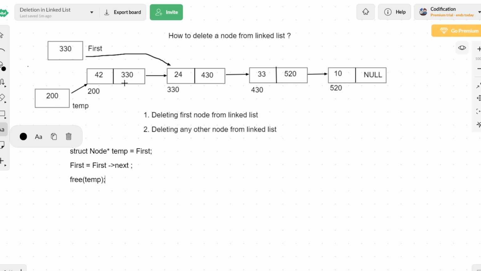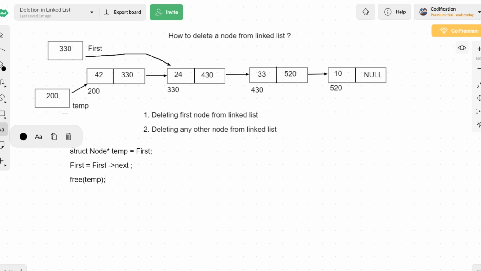Fine. We'll look into the syntax of the free function in the implementation, but this is just a procedure. First, we create a new pointer to hold the address of the first node, then we move first from pointing to 42 to 24, and then we deallocate the memory allocated for the first node. That's it. Simple.